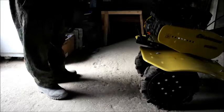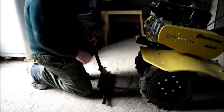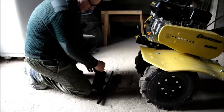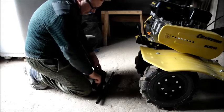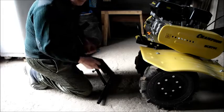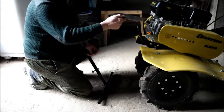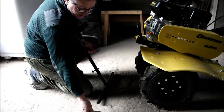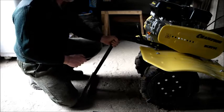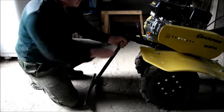On the front of the tractor I made this device. This comes with a nut and bolt. Taking the bolt out, it comes with a piece of plate that, if I was on the garden, would go underneath the pin at the back end to stop the pin going into the garden. This goes onto here, this pushes into there,